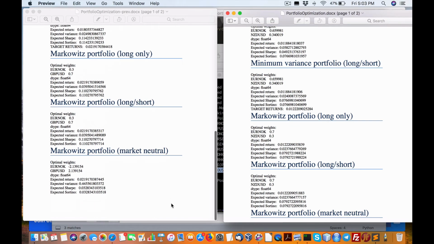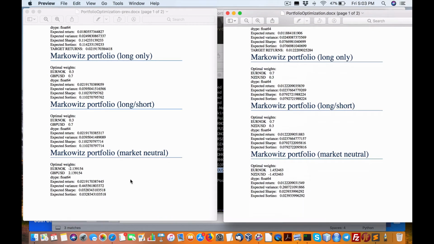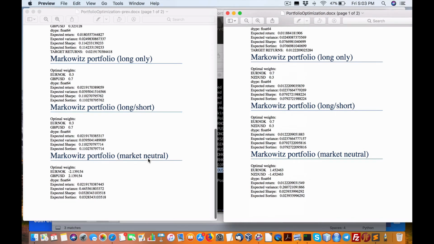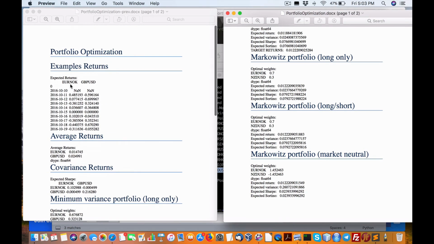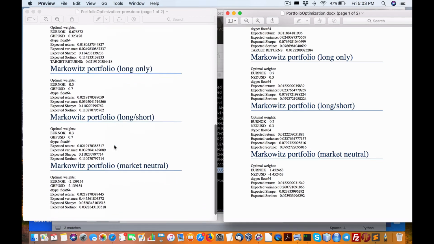Okay, so there is one last portfolio type, Markowitz portfolio, market neutral. How are we doing with the Euro Norwegian kroner up against the British pound, US dollar? What we have here